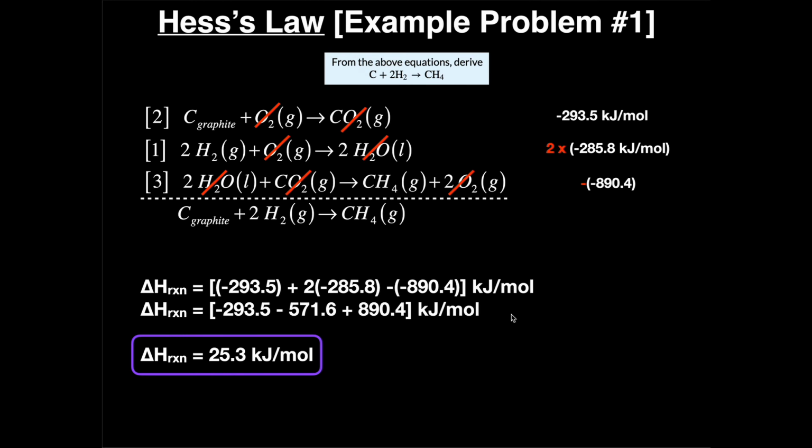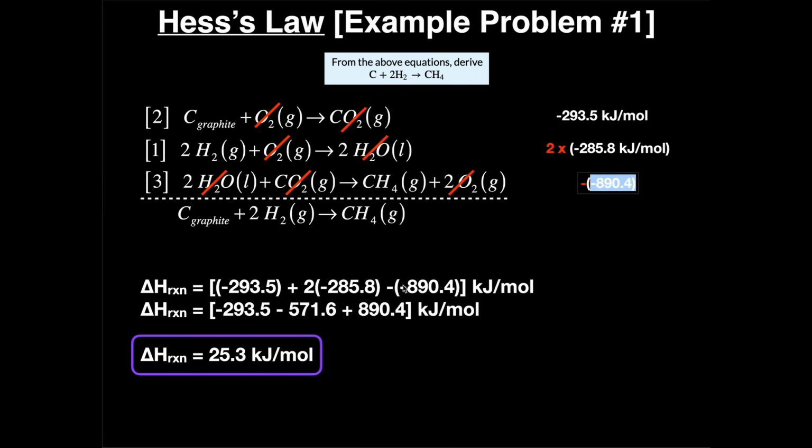But everything canceled appropriately. Now we can add these up and get the total delta H of this reaction right here. And so the way we're going to do that is we're just going to sum these up. So I'm first going to take that negative 293.5 kilojoules per mole. That's right here. I'm neglecting units there. I put them at the end. Then I'm going to add on 2 times negative 285.8 kilojoules per mole. So I'm going to distribute that 2 and double that. And then I'm going to add on a negative